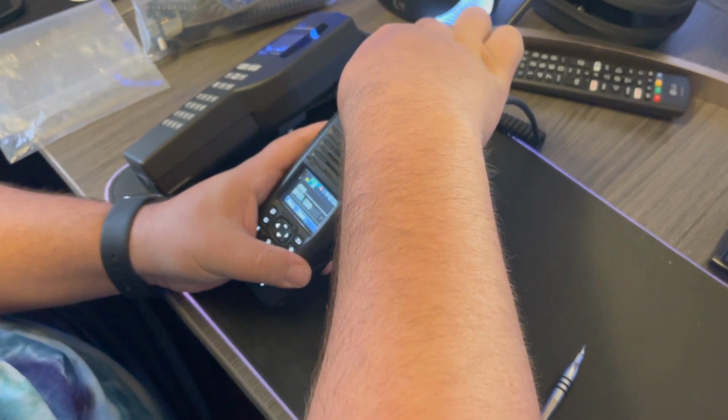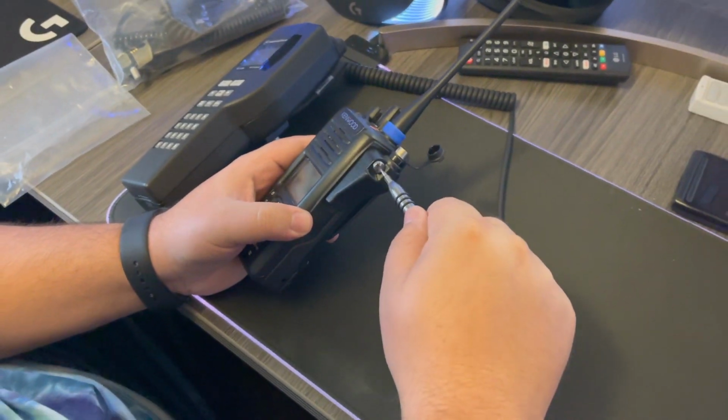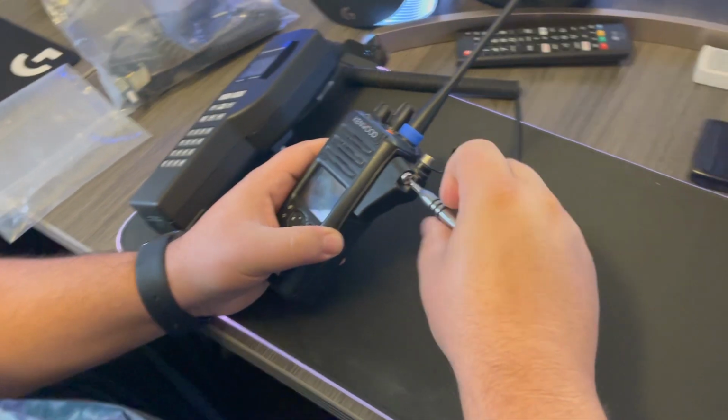You might want to disconnect that because it's transmitting. Yeah, it's on GMRS. And you can see it doesn't go into keyload mode either. Yeah. So then with using the...